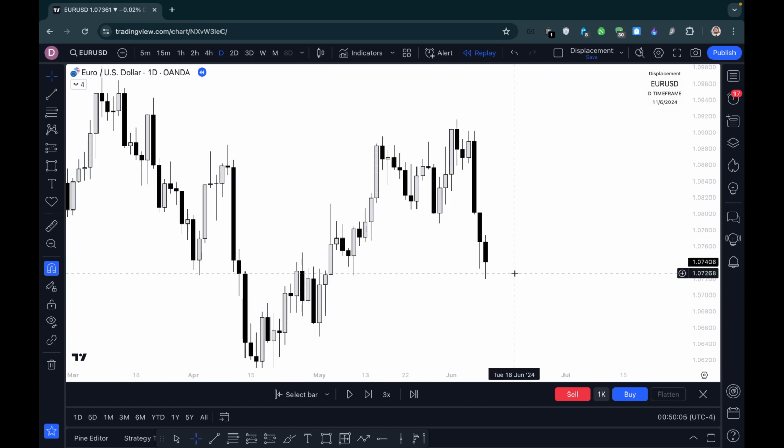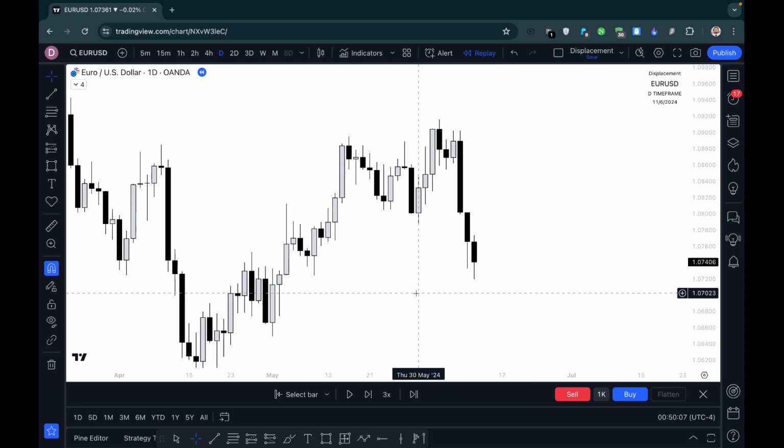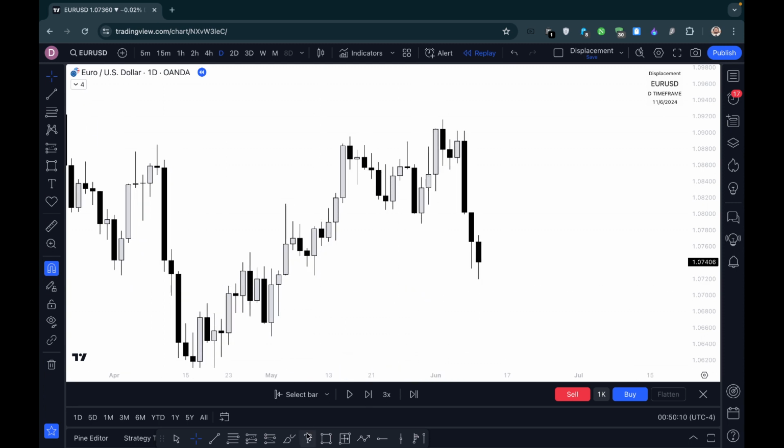There is a stat which I'm going to share right now. It will help you to find out drawn liquidity in Euro USD. That whenever you see price fails to close, whenever you see